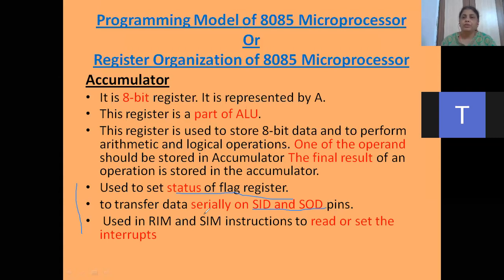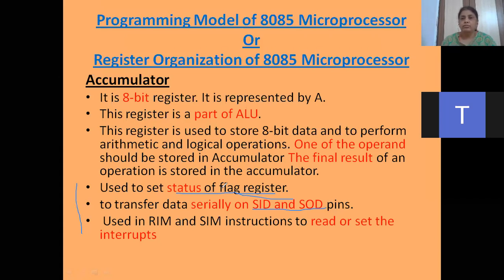Second point, you can write that it is also like a general purpose register, which is used to store data temporarily during execution of your program, and it can be used as a source register or a destination register. And the final result which is in the accumulator, who tells how that data is? The flag register. So it helps, because the flag register takes the status from the accumulator, and the flag register sets or resets its flags according to the results stored in that register.